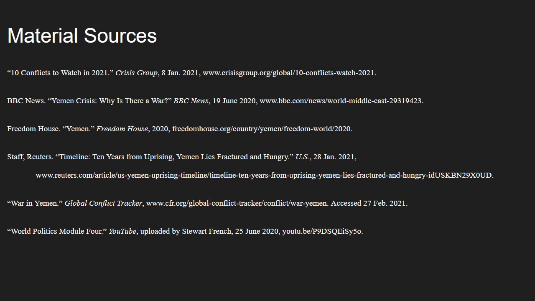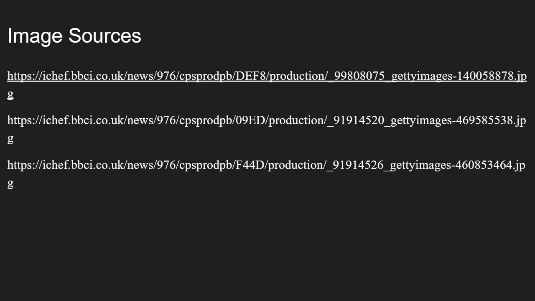Then we have our material sources and our image